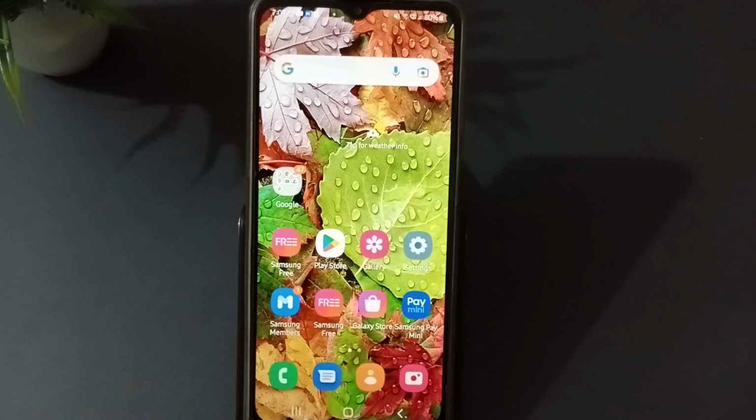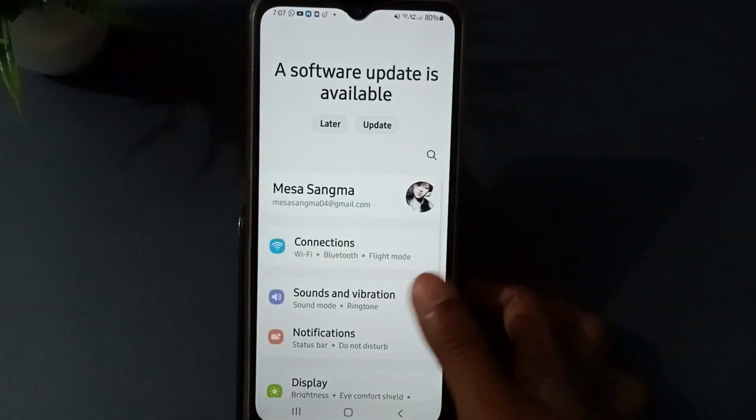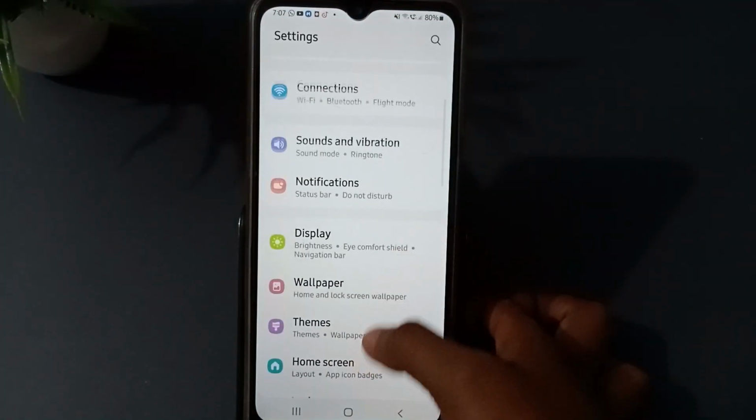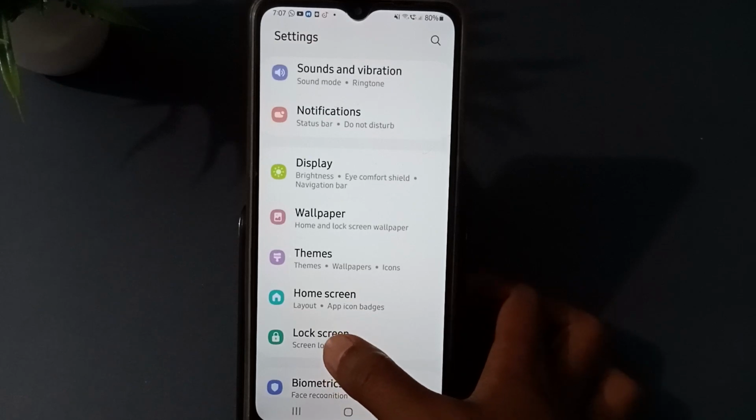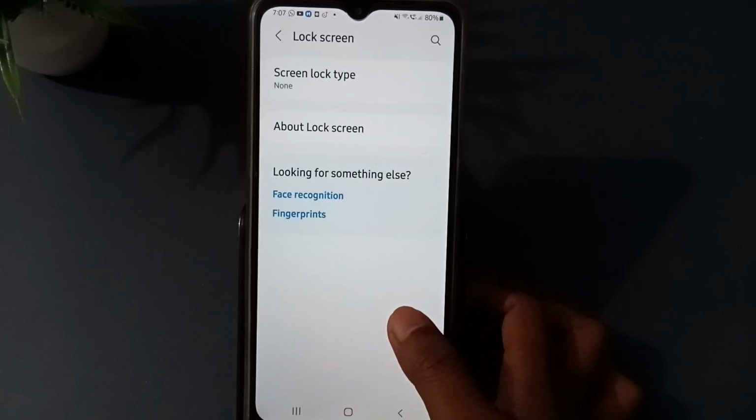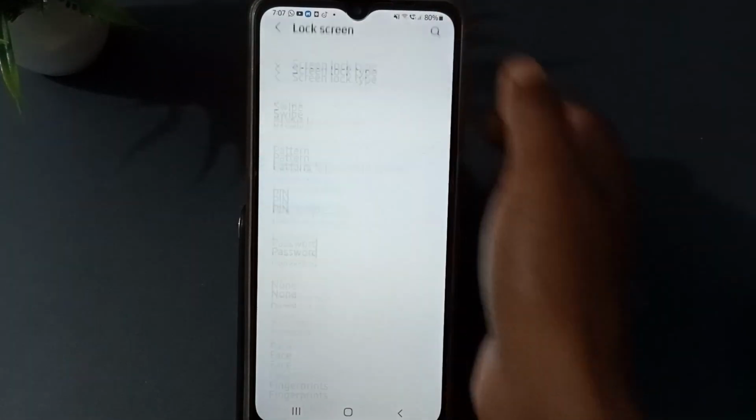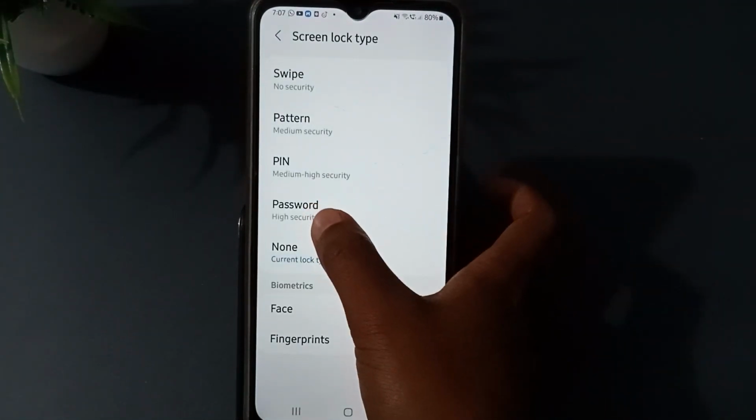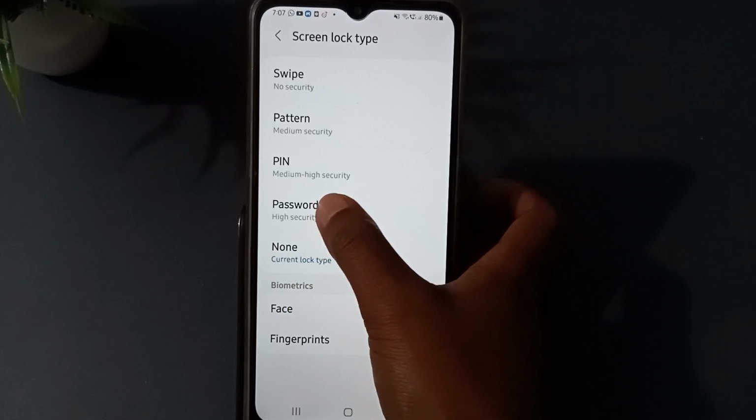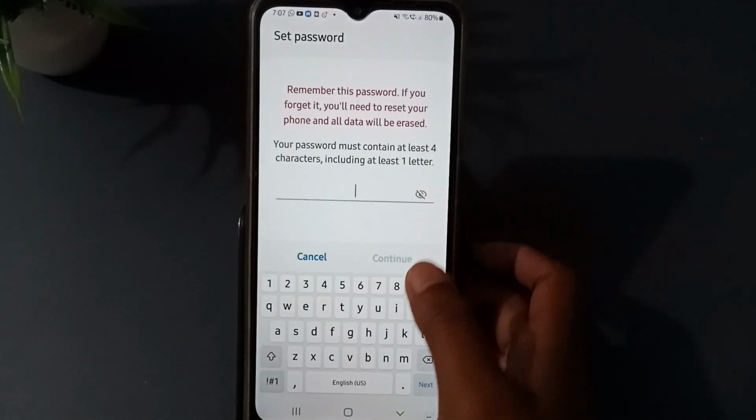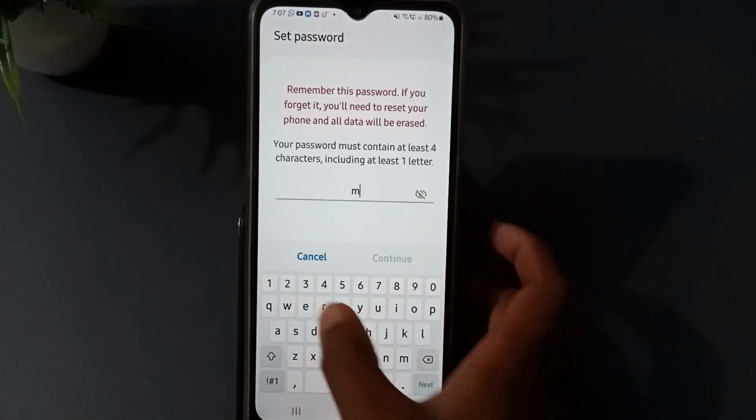So without wasting time, let us start the video. First of all, what you need to do is you have to go to the setting. So you have to press the setting. So come down. So you see here lock screen, so you have to press this one. Then you see here first one screen lock tab, so you have to press this one. So you see here password, so you have to press this password, so you have to name it,